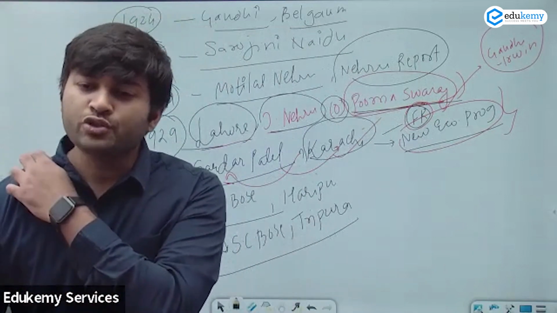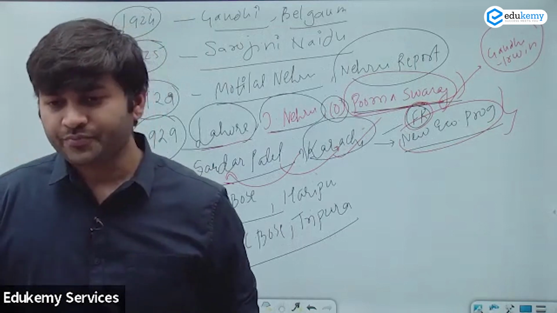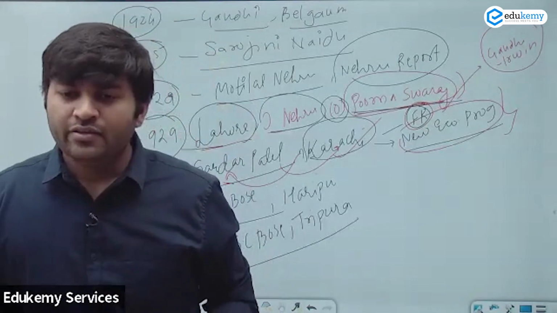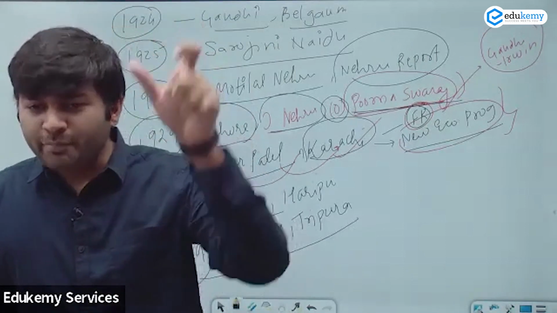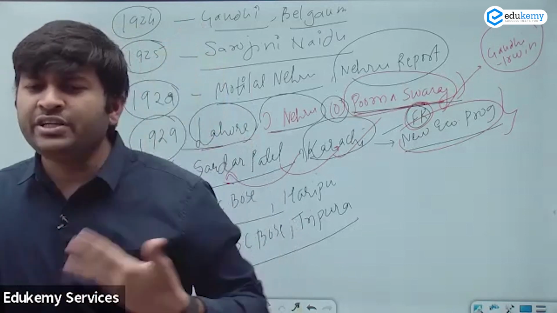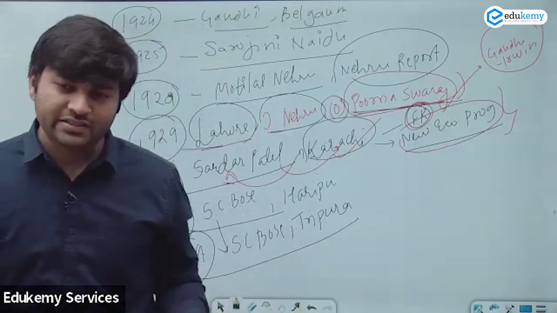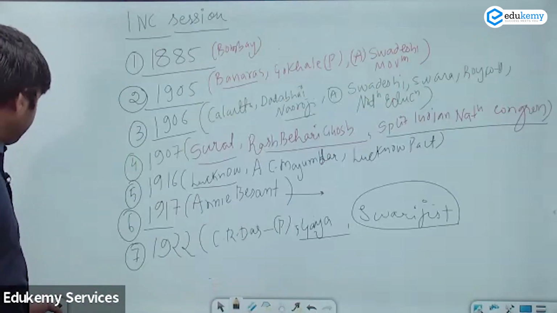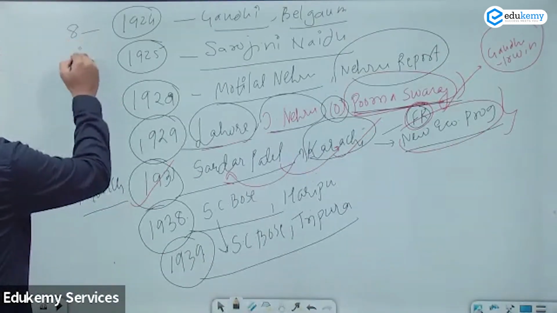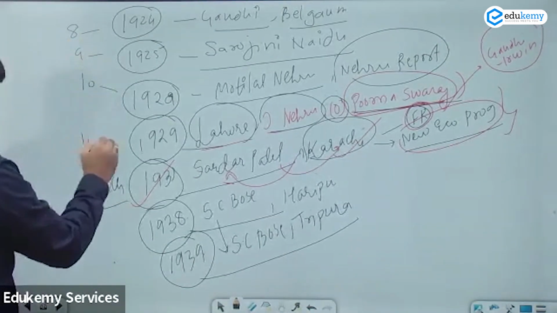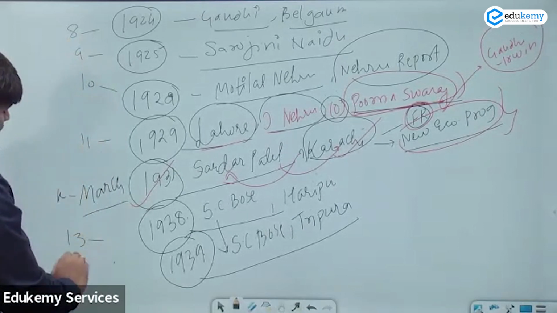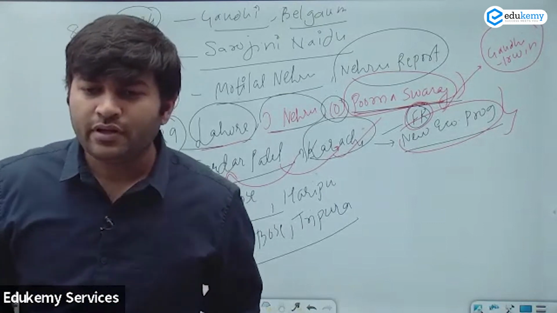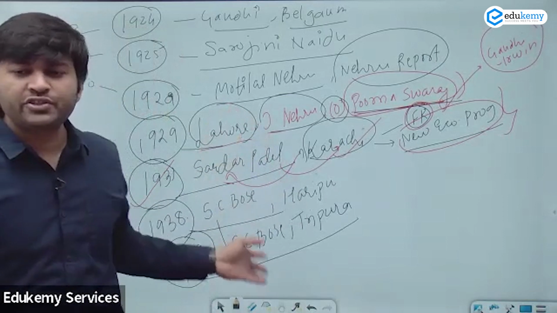What I need you to do is, you make a chart. एक चार्ट बनाइए जिसमें all important Congress sessions are discussed. Along with that, you write the president, the place, and some of the agendas which were discussed and why they were discussed. So hardly, how many are there? 7, 8, 9, 10, 11, 12, 13. Just 14 are there, यार. मतलब एक पेज भी नहीं लगेगा उसको. Right? So the whole history is being covered over here.